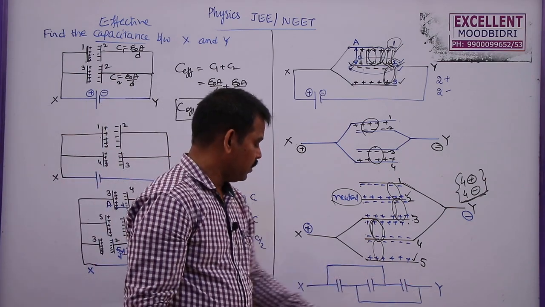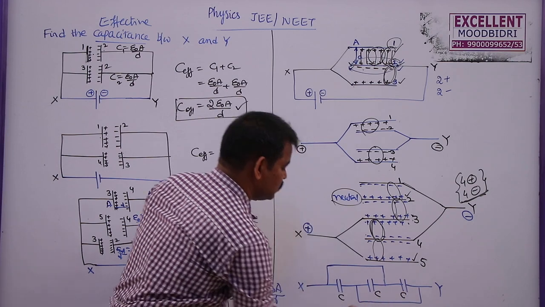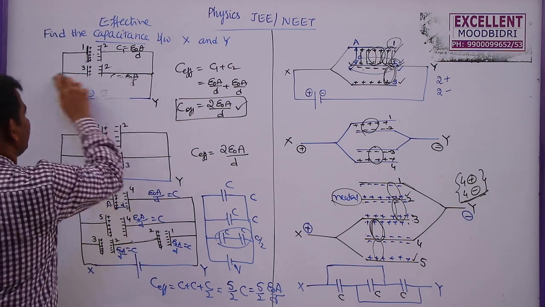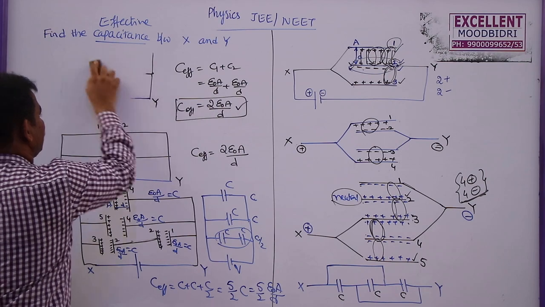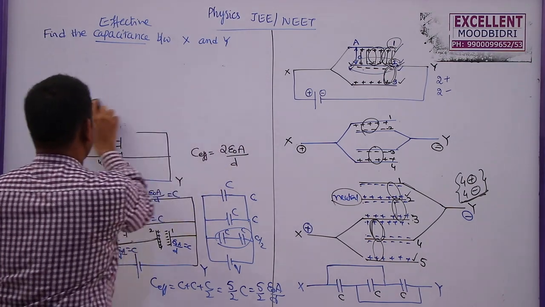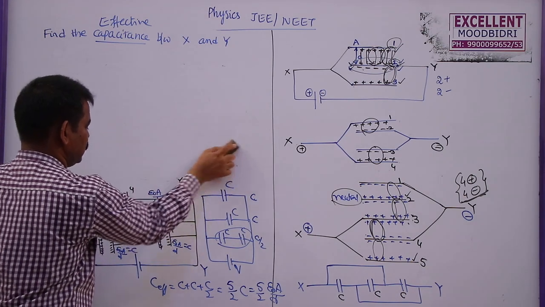Next, last one, you can see this diagram. This is X and Y. These are the 3 capacitors. This is C, this is C, this is C. In this diagram also, first of all, we need to consider these points first. So this is also the point method or node method. Here I am going to redraw the diagram once again, and then I will keep the points or nodes, that is junctions 1, 2, 3, 4 like that.